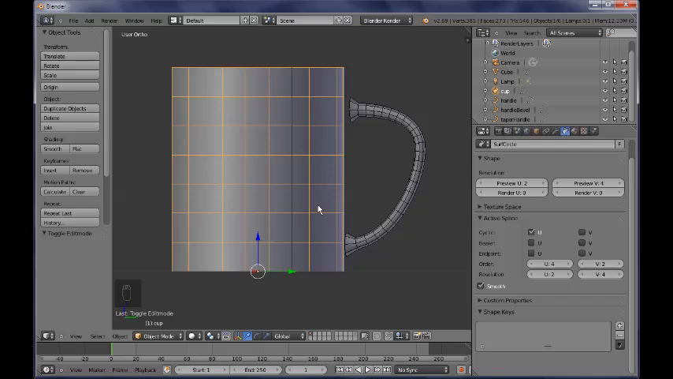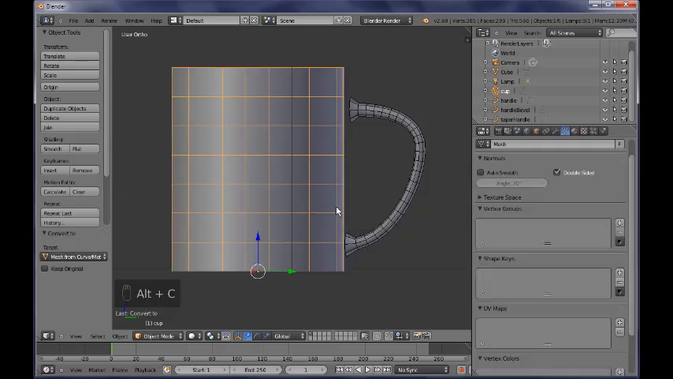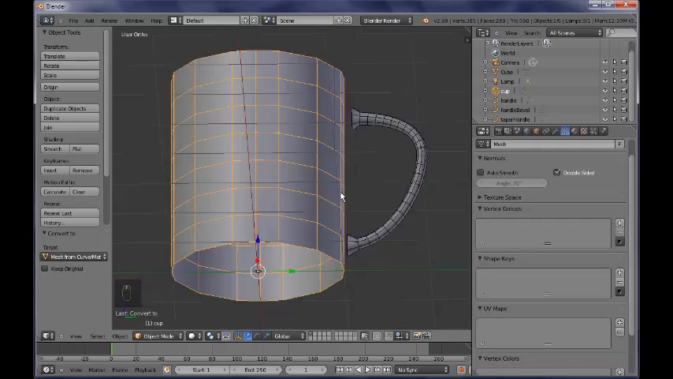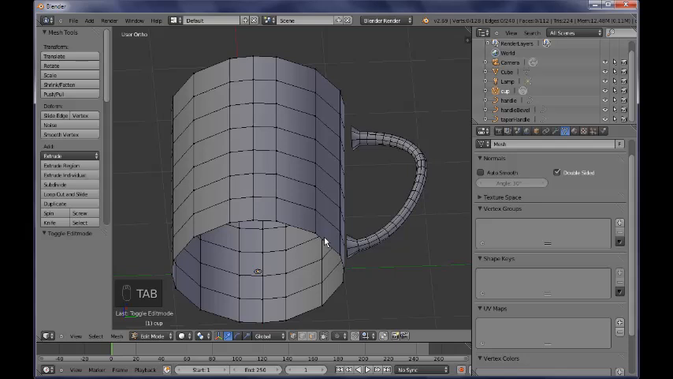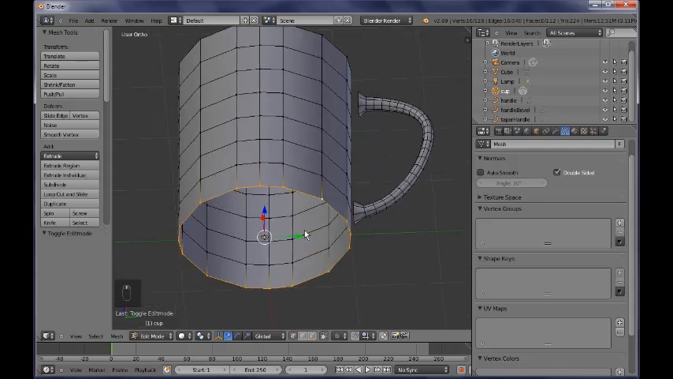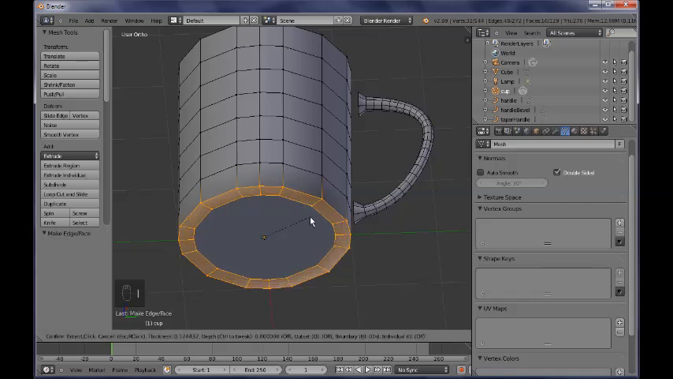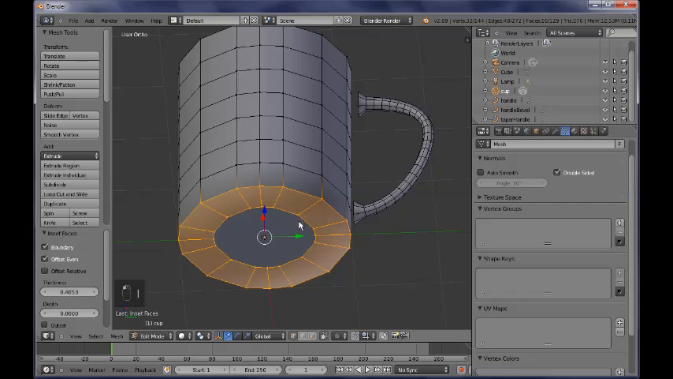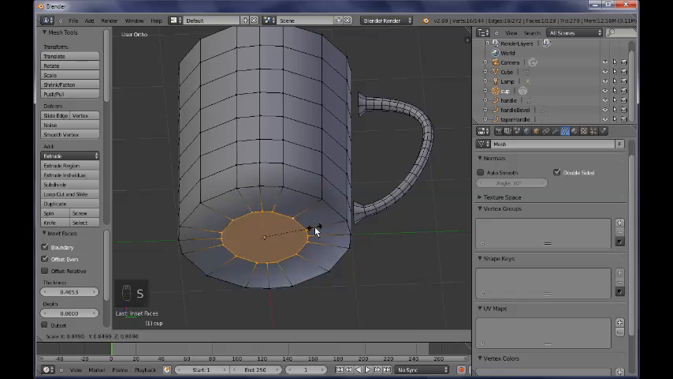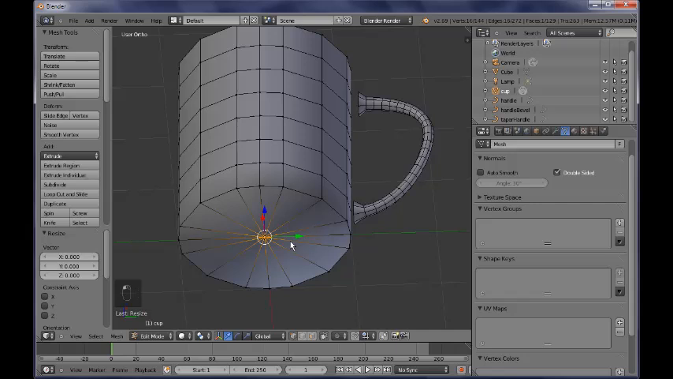So Alt-C, convert it into a mesh. And now it is a mesh, meaning that I can Tab into edit mode, Alt-right-click to select this loop here, and I want to extrude it. Or even better, you can press F and fill this with an angle, and then you can just click I to insert this. Now select this loop of vertices here and scale them down to 0, S 0, and Control R,